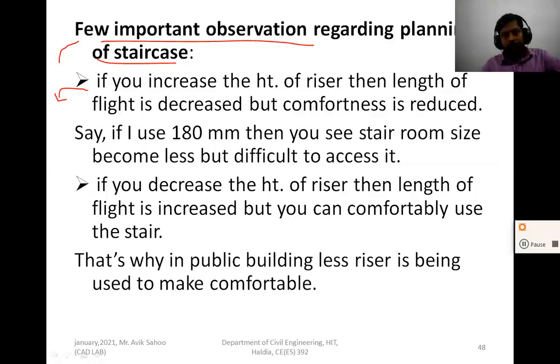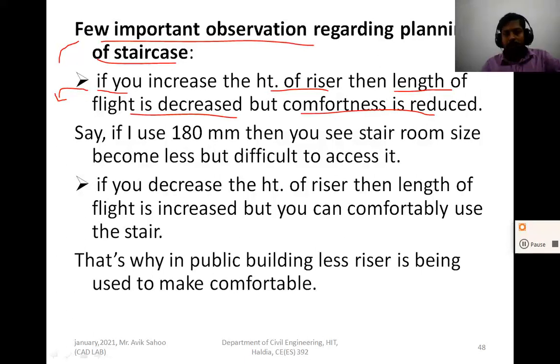So we have to plan the staircase as per the demand and from the practical point of view. The first point is: if you increase the height of the riser, then what happens? The length of flight is decreased, but the comfort is reduced.